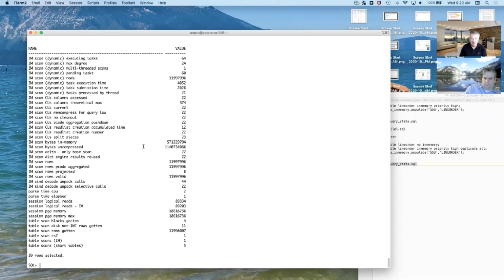But now notice that our IM scan rows is still all of the rows that we've gotten from the table, basically. And so there are several advantages to that. One, if a node were to go down, you have your fault tolerance. Two, if you, for whatever reason, don't want to be using parallel query, and there are folks who, in applications as well,